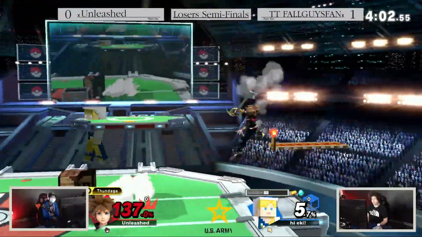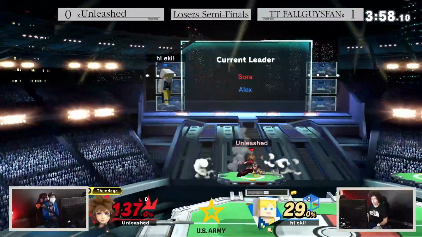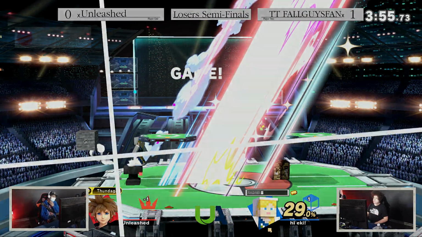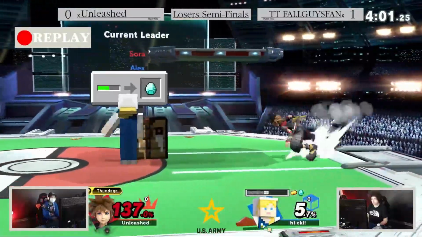Yeah, this is not over yet, but it is going to be pretty rough to come back from here, down over 130% at the start of the stock still. And the Anvil will take it. Just Blue going up 2-0, and that's a rough spot for Unleashed. You know, he was so close in that game 1, and then Just Blue really pulling away that game 2. And up 2-0, you know,